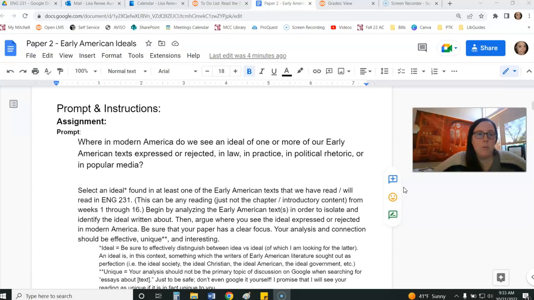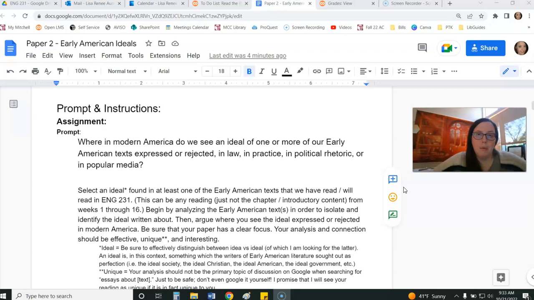All right, so first, where in modern America do we see an ideal of one or more of our early American texts expressed or rejected? Okay, we'll stop there. So the first thing that you're going to have to do is pick at least one of the texts that we have read or will read this semester. Anything in our course schedule is fair game, anything that we've read or will read. So you're going to have to pick one of those texts and identify what ideal